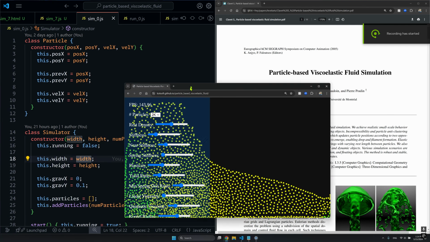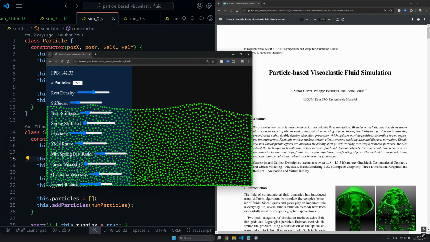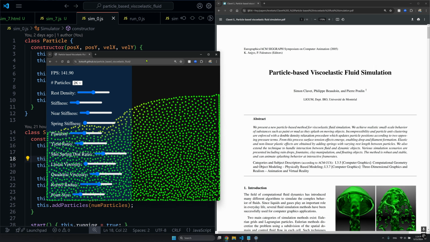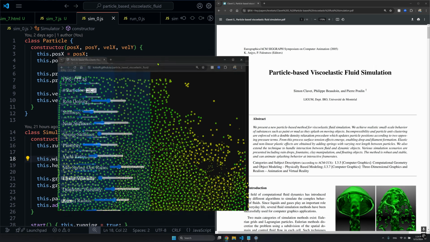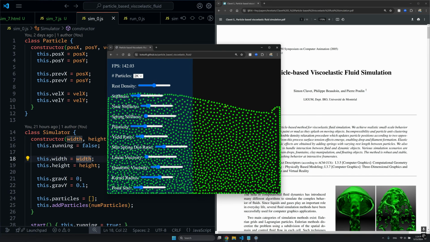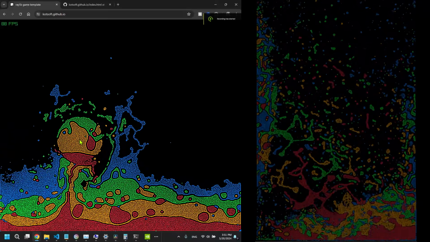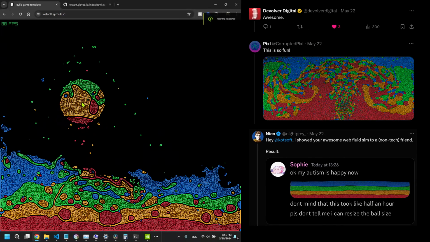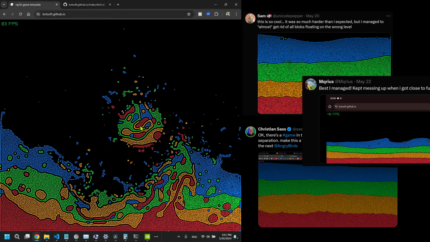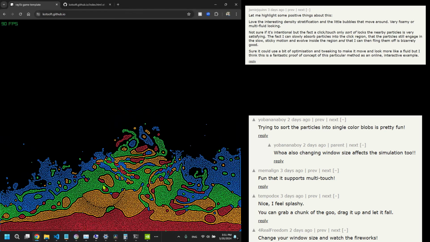After doing my JavaScript re-implementation of particle-based viscoelastic fluids, I was quite happy when it ran across my different devices. Then I watched the Chernals video about Raylib and decided to use it to make a WebAssembly demo. I posted it on Twitter and it kind of took off. Some people really liked to sort the layers. It really made me very happy to see people enjoying the demo, discovering the controls and the different ways to